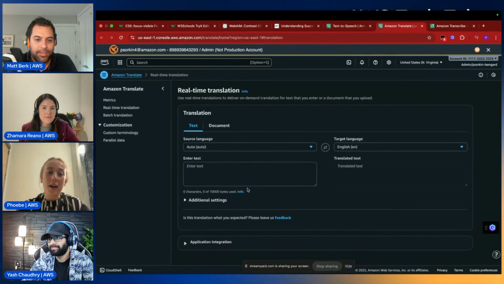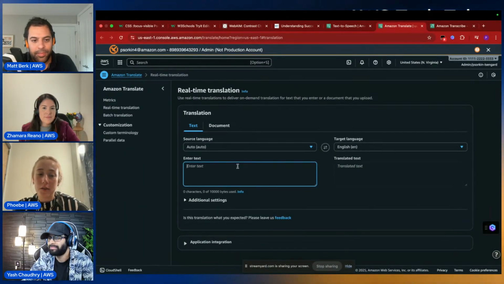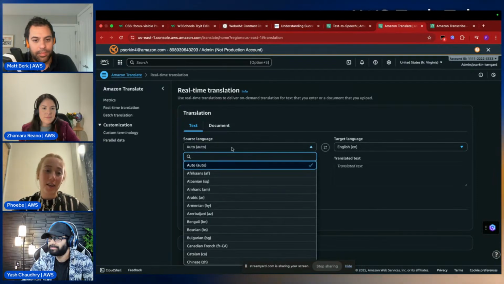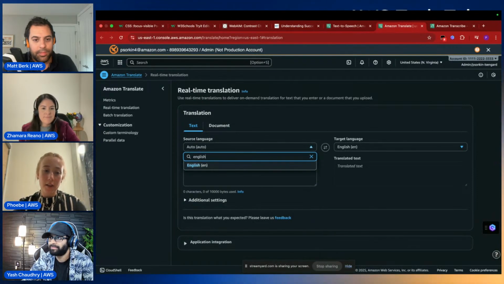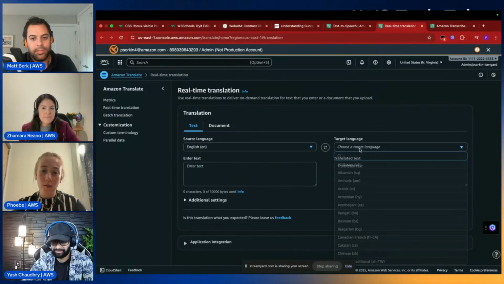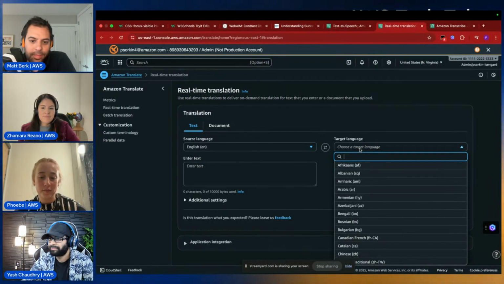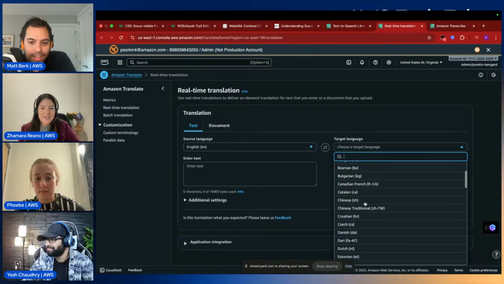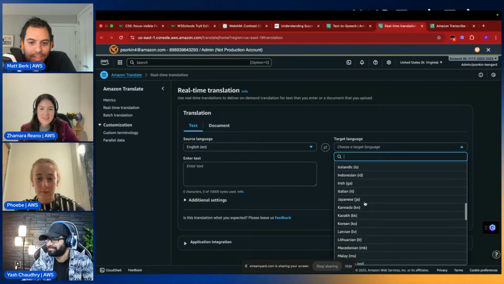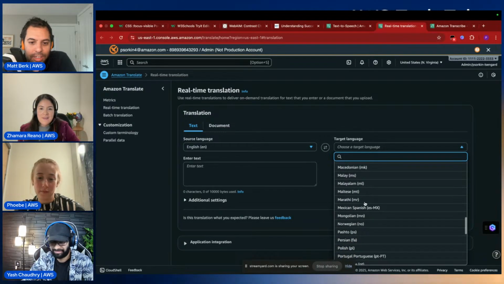And then again, we have Amazon Translate. So if any of your users do need that translation, let's start with English and chat, what language would we like as the target language today? We can do, let's see, we've got French Canadian on there. What does chat think? What do you all want to see? Danish.